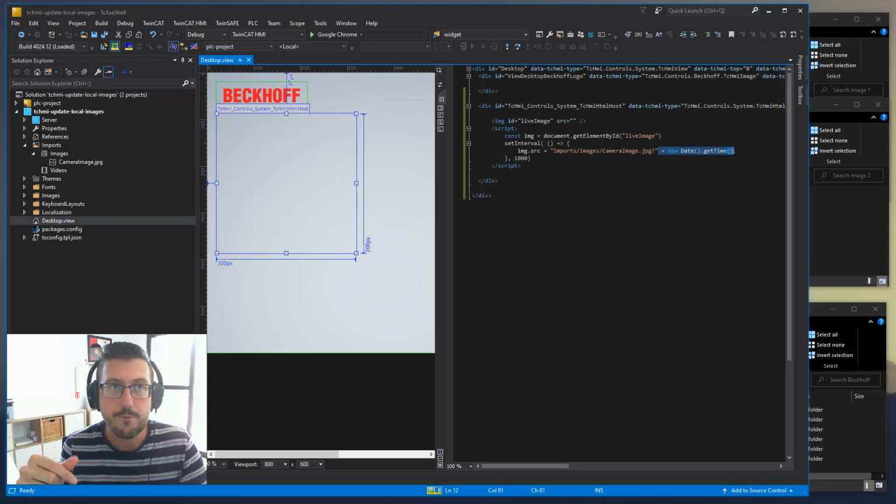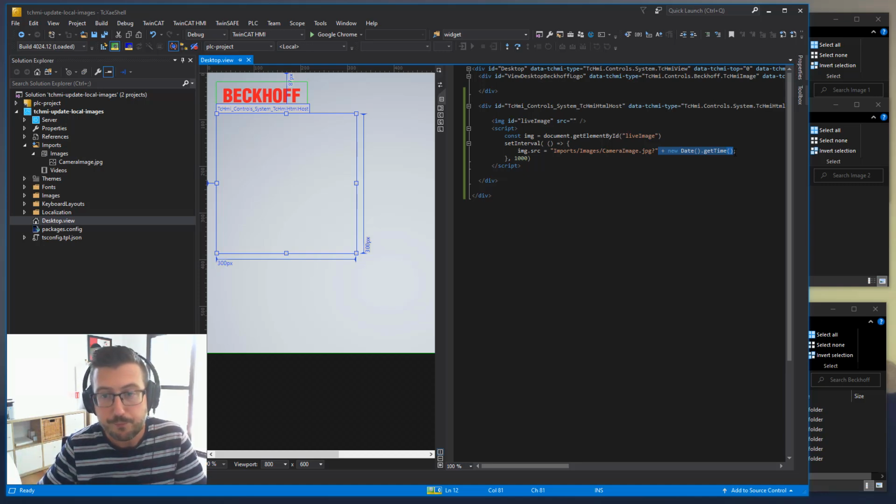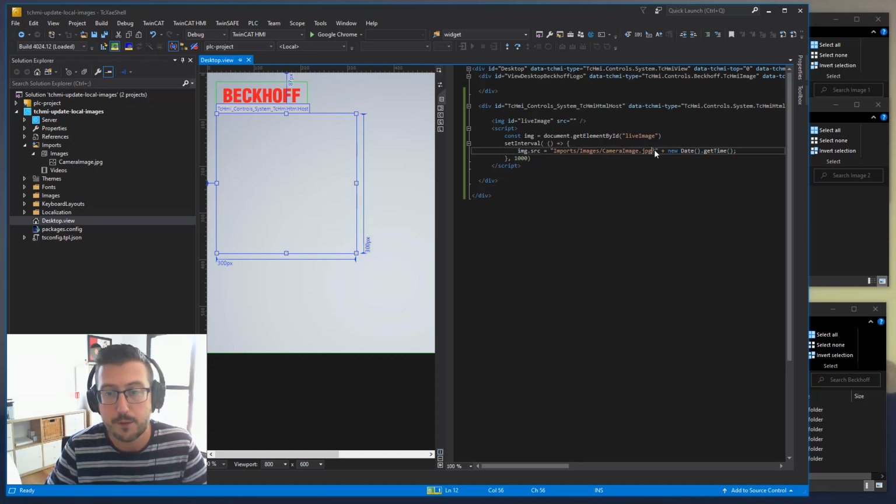The reason for this is that if we were to continuously call the same name for the image, the browser's pretty intelligent, and what it does is it actually caches the image for us. And because it knows it's already received it, it doesn't actually go off into the network to try and pull the next image. So using the question mark, this is just a way of passing in options via